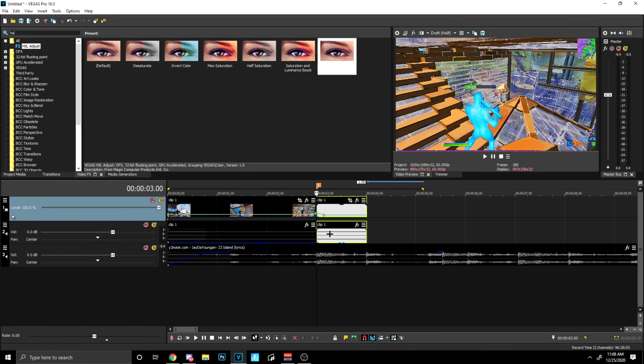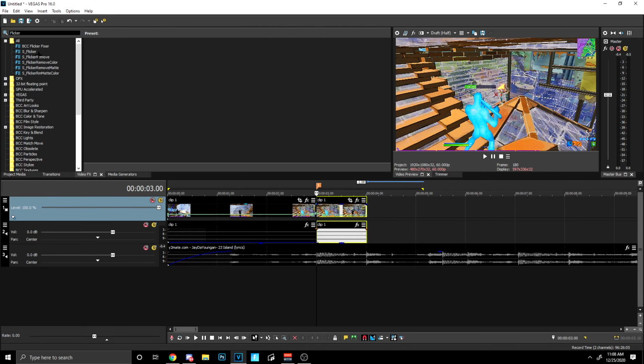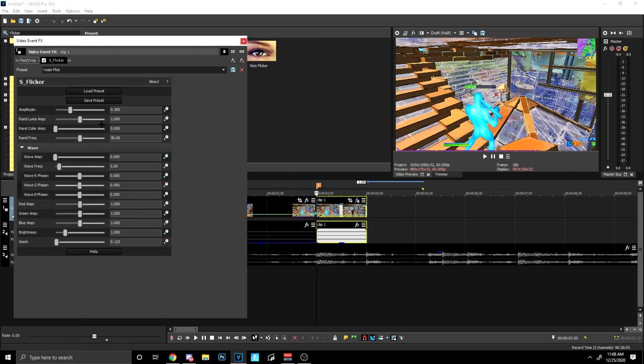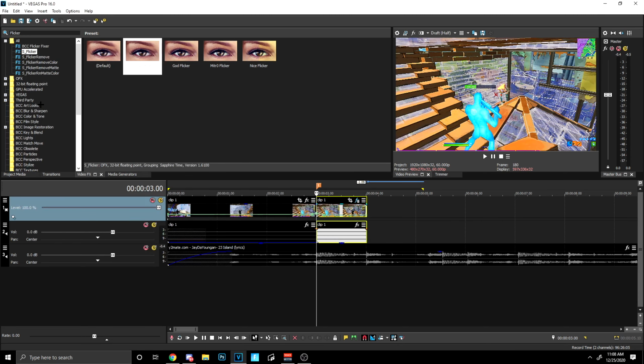Now you want to split the clip, and you want to look for flicker. Now I have tons of flicker. Well, I don't have tons. I only have 4, but I use this one. Copy the settings. I'll give you guys a bit. Alright, then you want to add